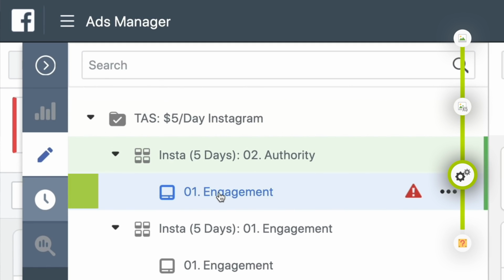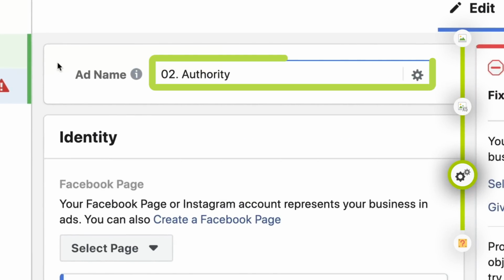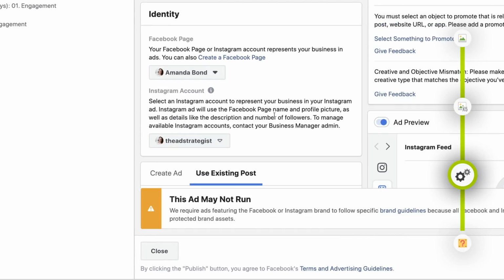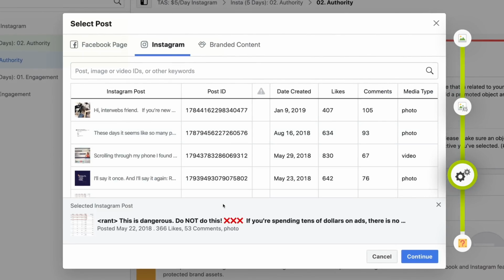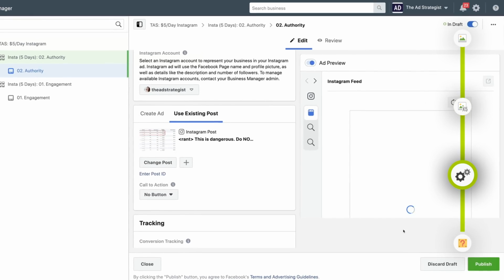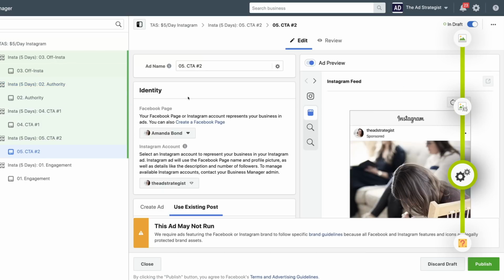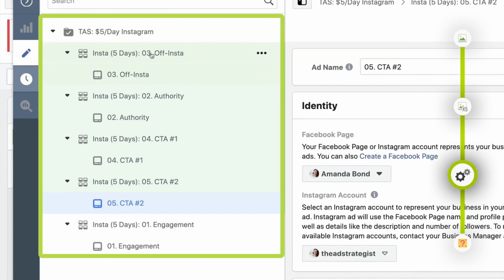Click the 0-1 engagement to move to the ad level, where we will update the name of this ad. Here it's making us reselect our Facebook page and the corresponding Instagram account, and we'll just select our authority building post from Instagram. So go ahead, choose it, click continue, and you're ready to hit publish again. However, we won't hit publish, we'll just continue to duplicate it over and over until all 5 of your ads are ready to rock. You'll know you're ready to hit publish when you have 5 different ad sets for each and every one of the ad types that we've created here today, with the corresponding ad beneath it.